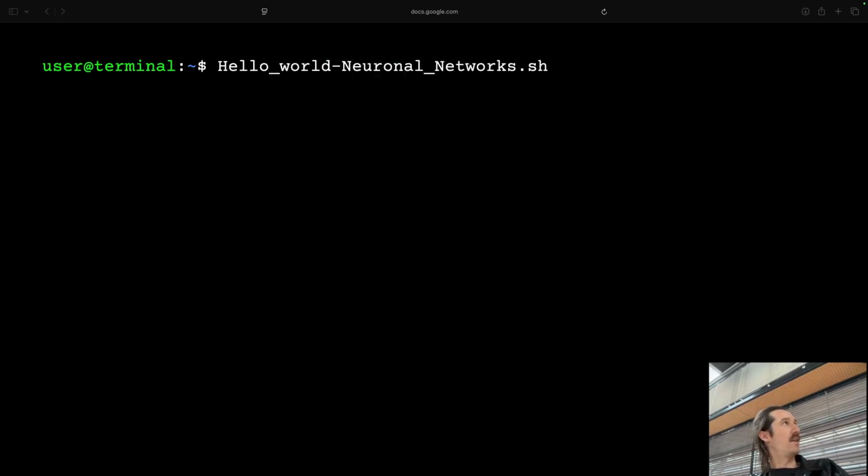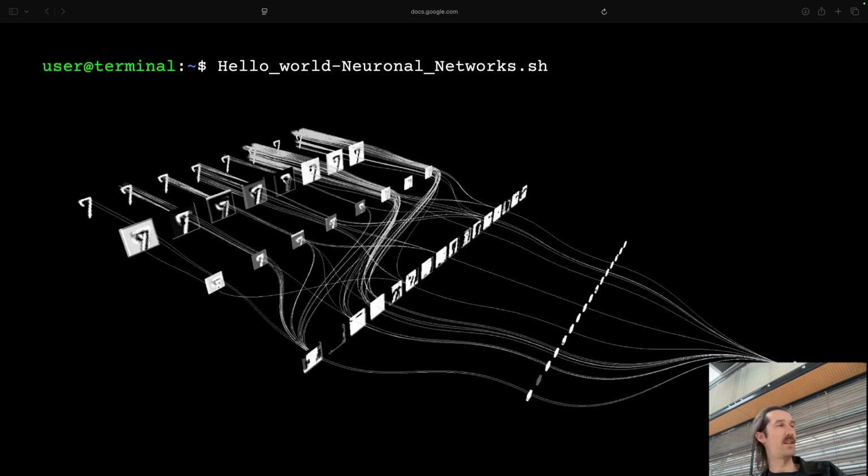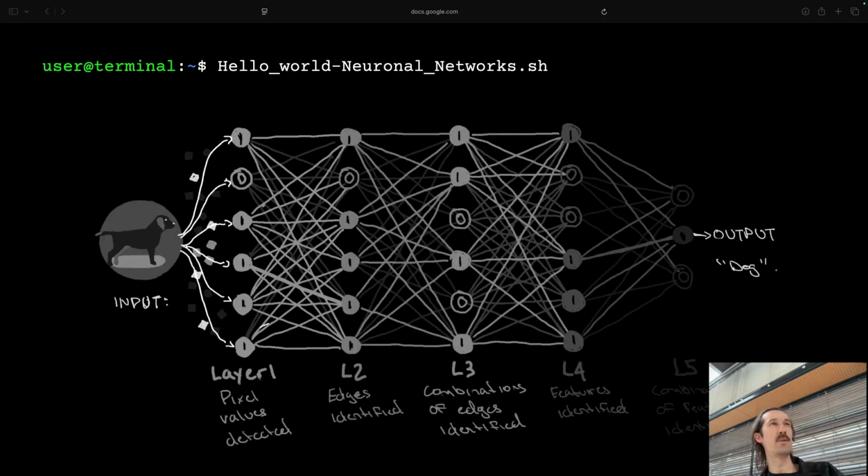Alrighty, so today is the so-called Hello World Neural Network lesson. Have you ever seen something like this in the context of neural networks? You have input, then these weirdly structured lines, so-called neurons.